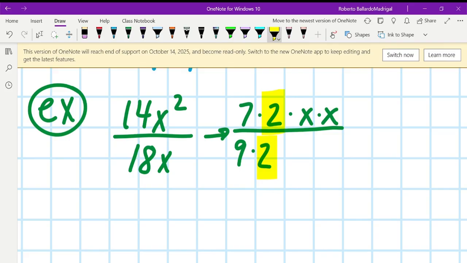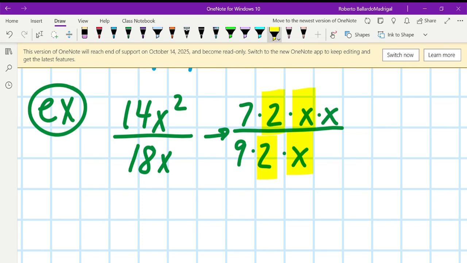But 6 and 3 wouldn't have given us any numbers that are the same, like with 7 and 2. So you also have to pick the same kind of numbers so that you're able to cancel them out later on. We have 9 times 2 times x, and as you can tell, I'm highlighting the